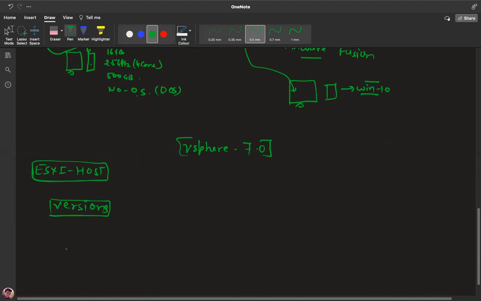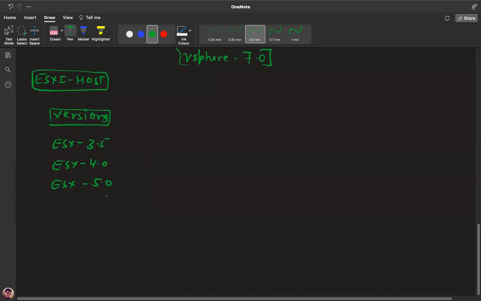A number of versions are available, starting from ESX 3.5, ESX 4.0, ESX 5.0.